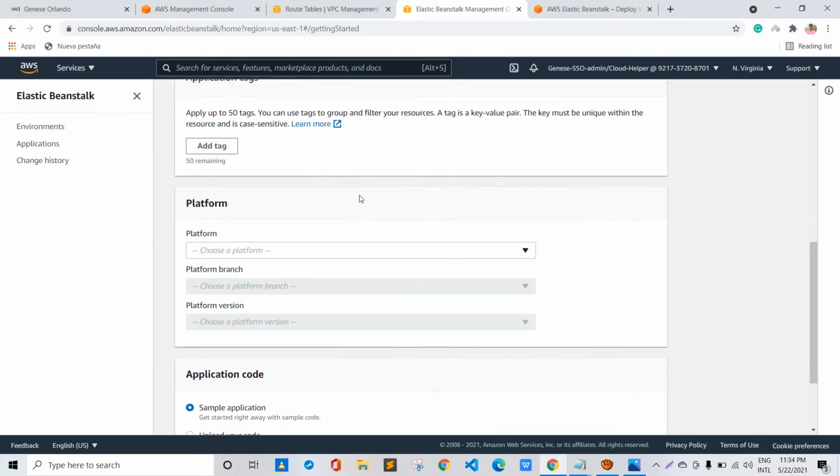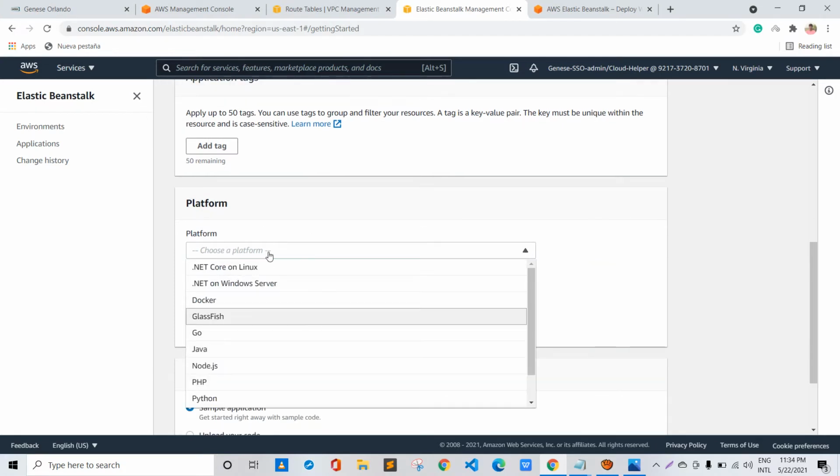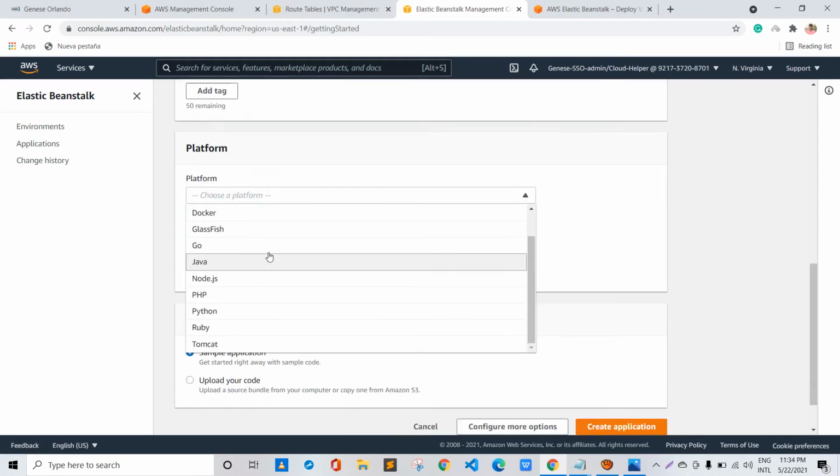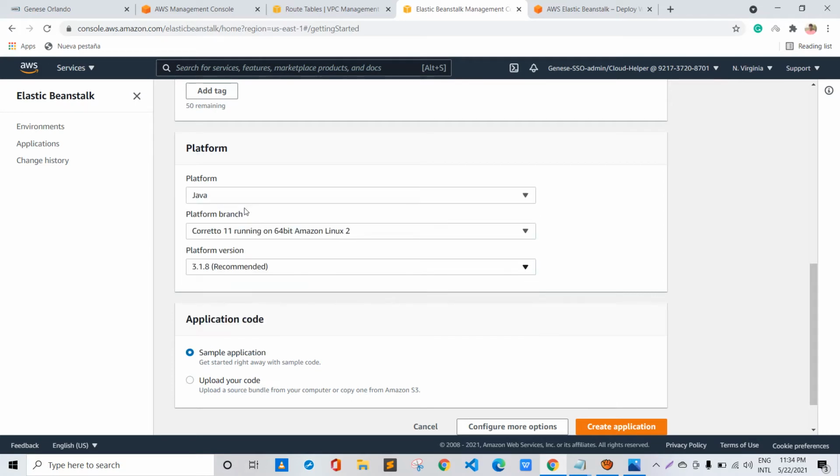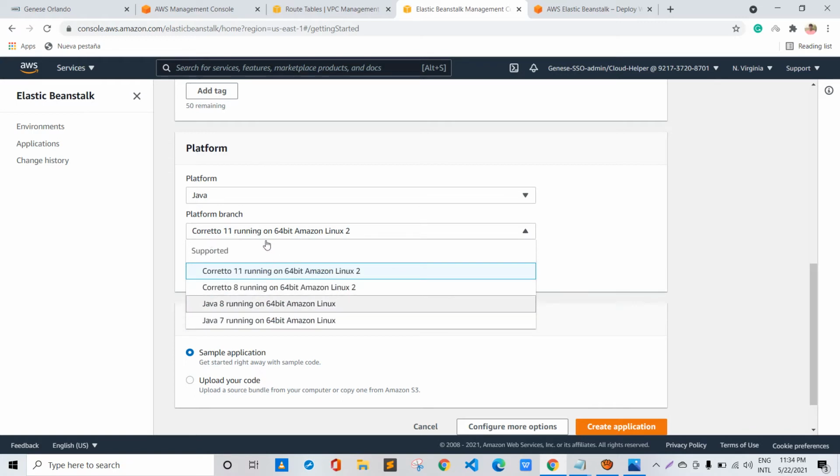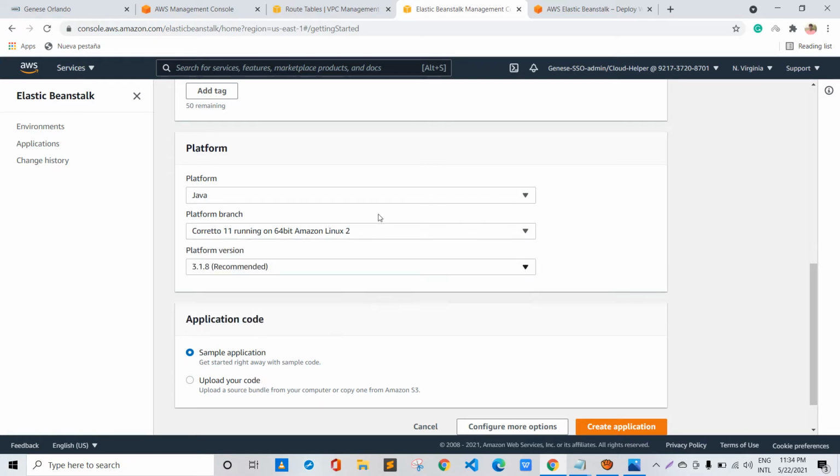For the platform we can choose any programming language or environment, and for now we'll be choosing Java. As we choose Java, for the platform branch we can choose any as per the requirement. We'll go with the default one. The platform version also says recommended, and we will be choosing that one only.